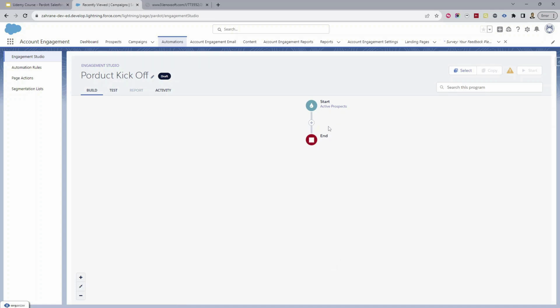As you can see, the screen is very similar to how a flow looks in Salesforce, but it's really customized to the features of Account Engagement. So let's start designing our engagement program. First, you click add, and then you will have a lot of options. You can add an action, trigger, or rule. Since for us, the event is going to be a form, we're going to click trigger,